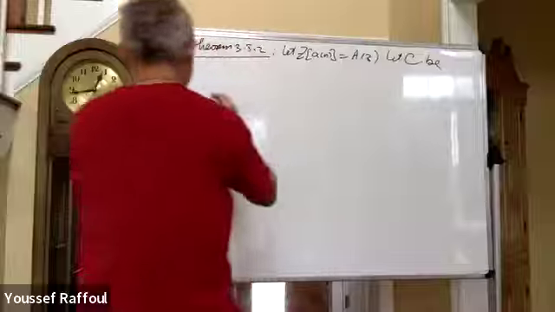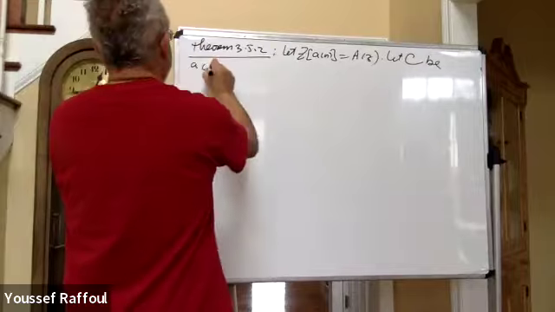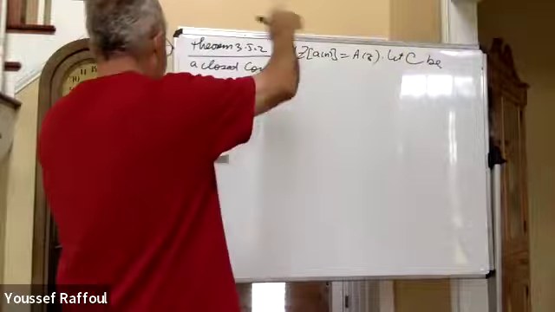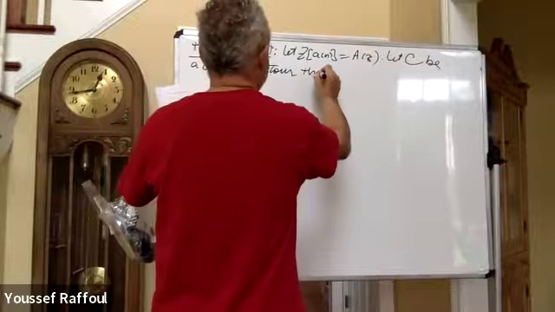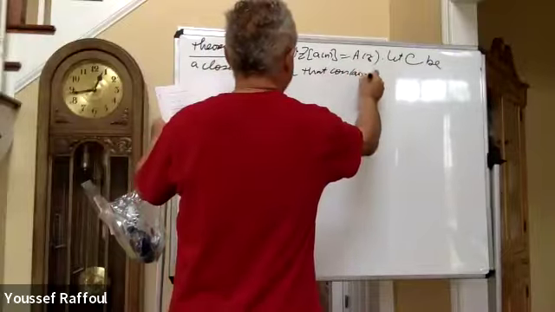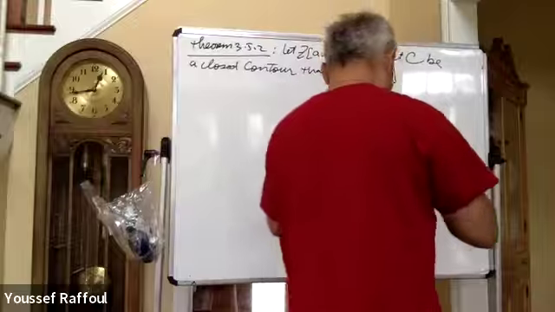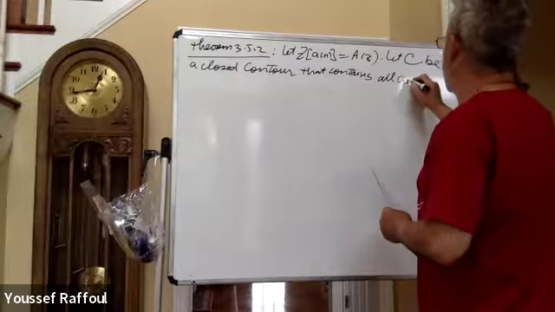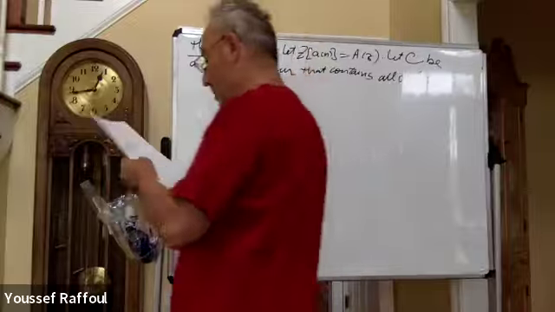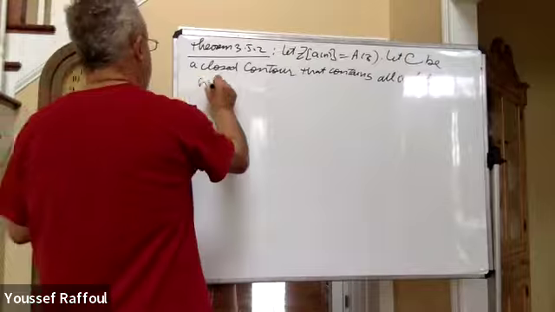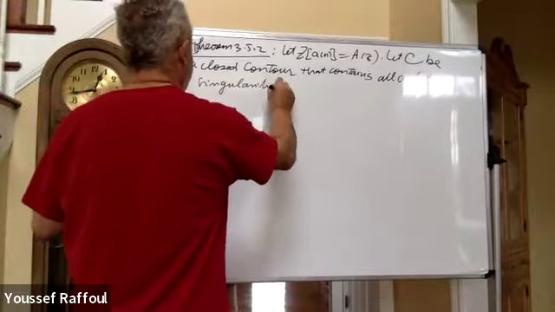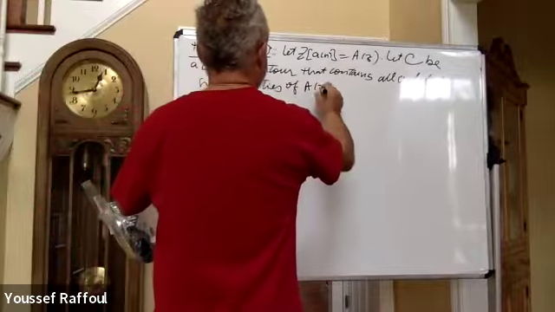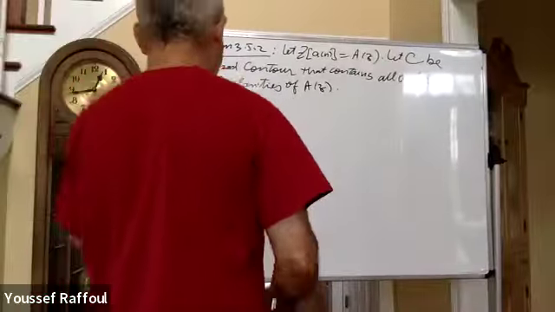Let C be a closed contour, a curve that is a closed curve that contains all isolated singularities of a z. That means all the z naught. Then